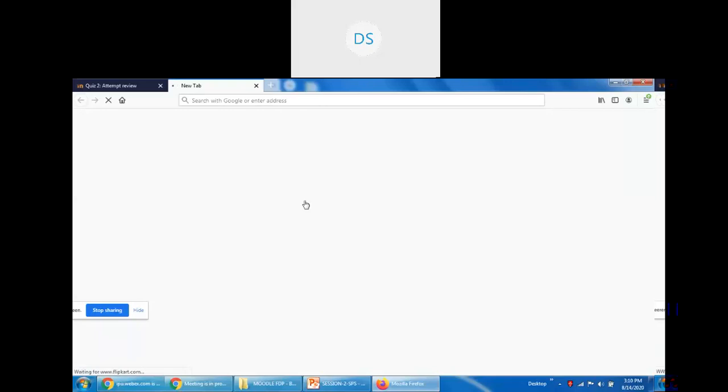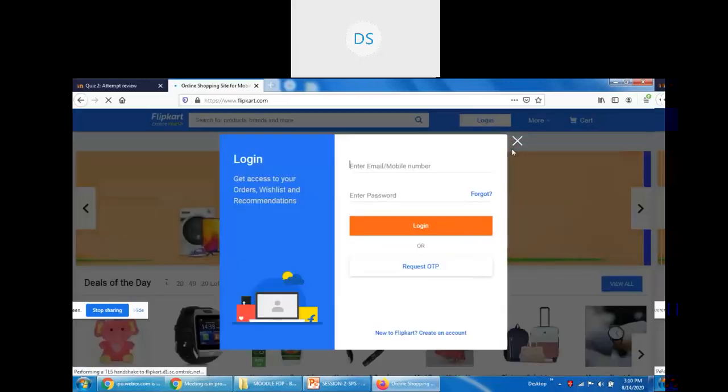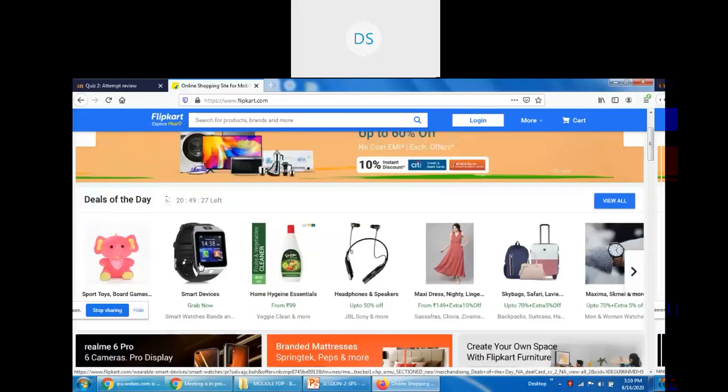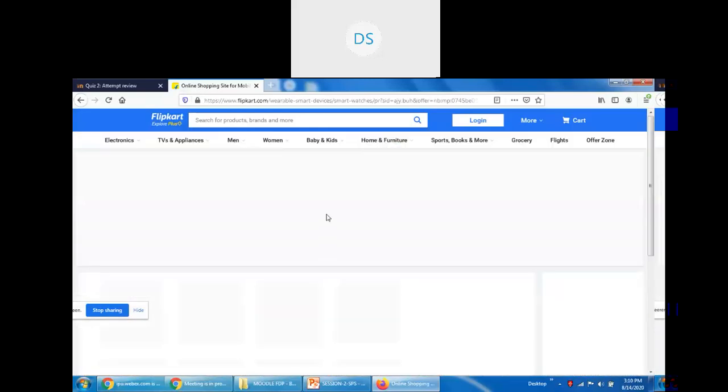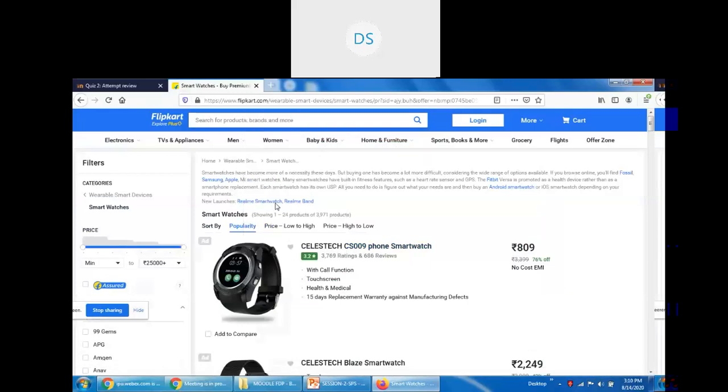We have the facility to add multiple types of questions: numerical question, true false question, short answer question. I'm just trying to save an image, save image as.